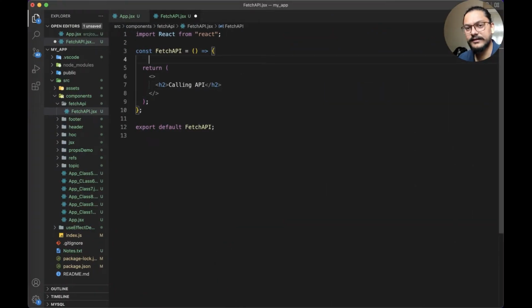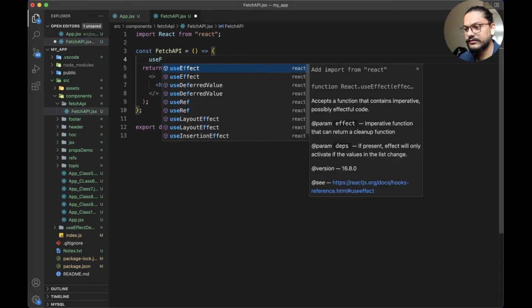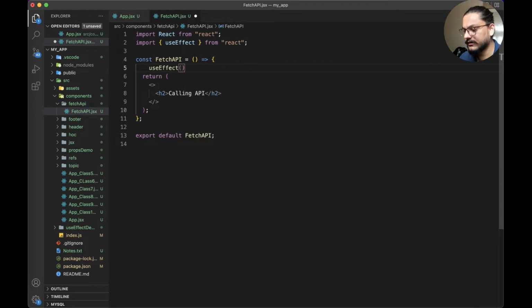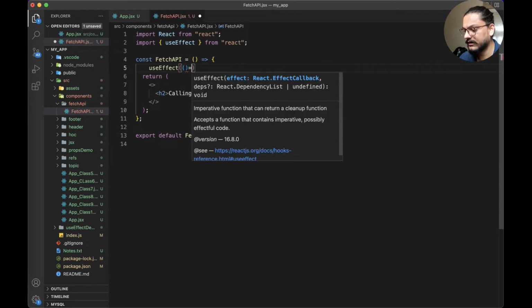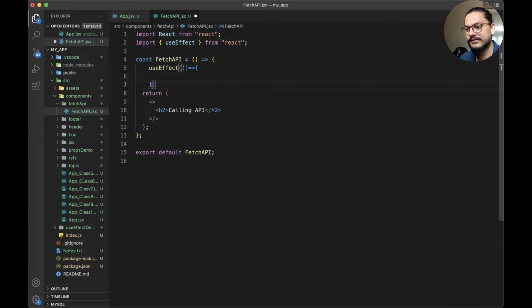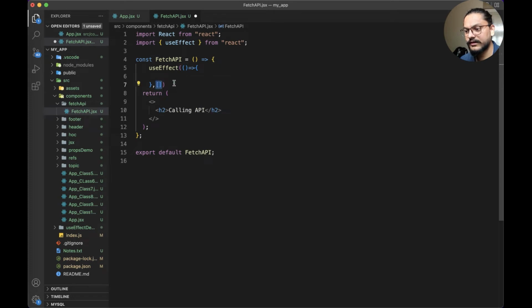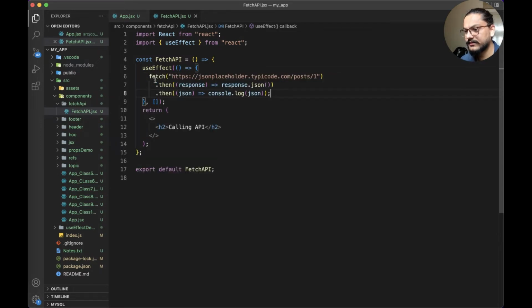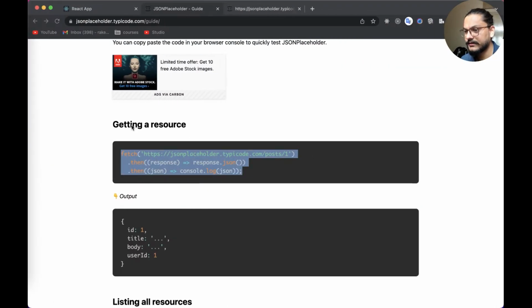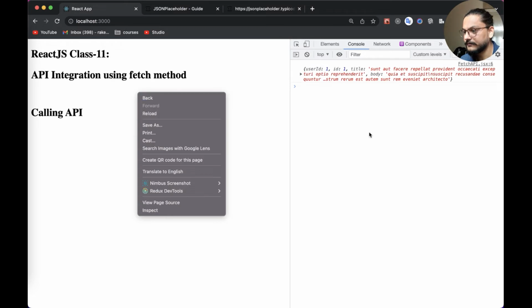Before even integrating here, if you have not watched my previous video on the useEffect, please do watch. Here we are going to use the useEffect hook, because we wanted to call this API once when our component will mount. So if you see here, we are doing component did mount, because we are passing this empty dependency array. If I just paste this here and go back and see my application, what you see,